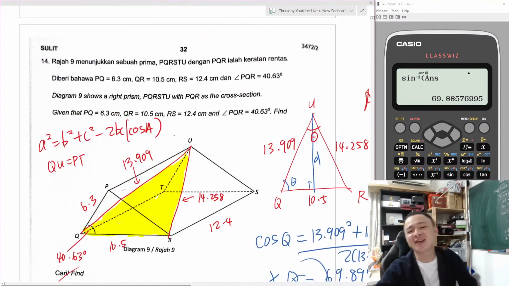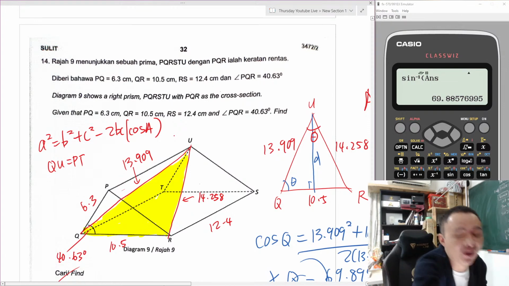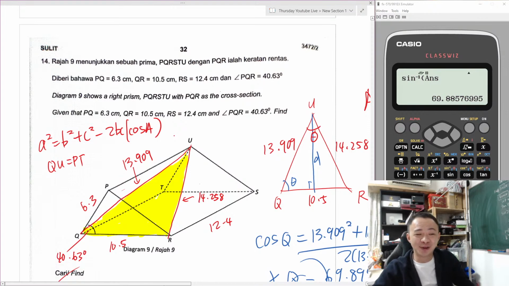Alright, so the index number question I'm going to skip. If any of you have a problem about index numbers, maybe you can go to the Discord channel to discuss. Right now in the Discord we have a new rule: we're not going to straight away tell you the answer, but we will provide you a guide so that eventually you will understand by trying it out yourself. So I will go through both the Selangor and SBP papers. I think I will discuss both papers on my YouTube channel as well.